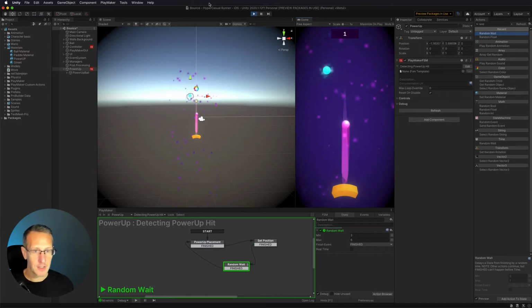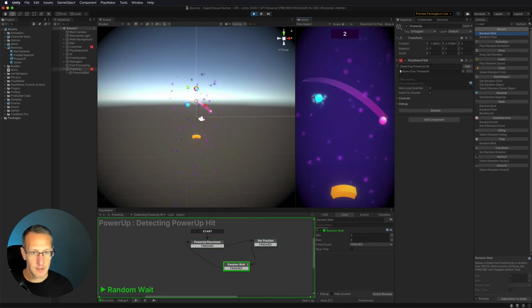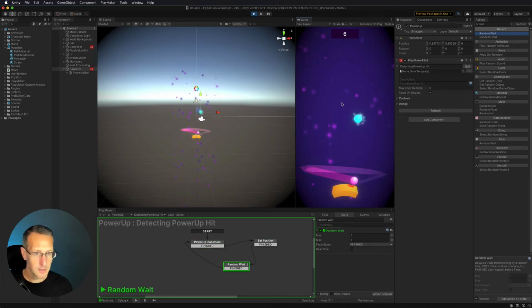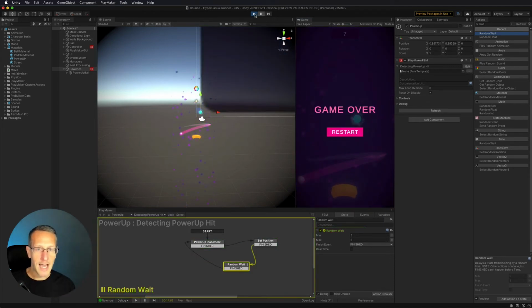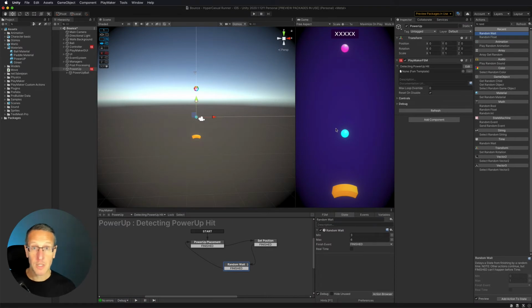And there we go. We can see that it's changed position. So we can see our random wait here, and now it's changed position again. And it should, there we go. It's changed position again. So cool. That actually works. So the next thing we need to do is detect if our ball has hit our power